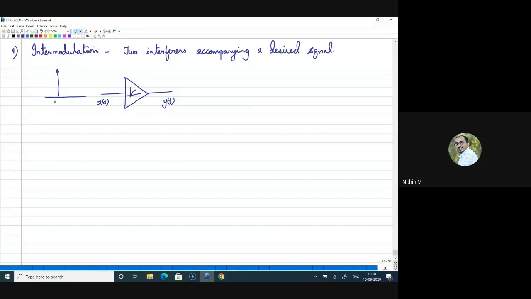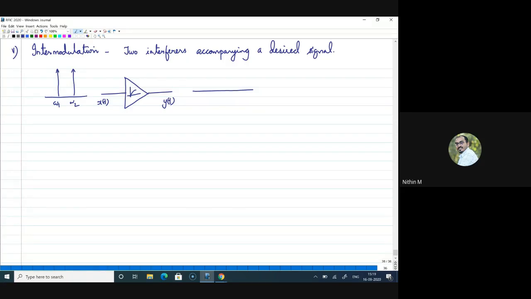say one signal at frequency omega 1 and another signal at frequency omega 2, right? Now when two signals of different frequencies are applied to a nonlinear system, it happens naturally. Whenever a receiver receives a signal, it actually receives a whole bunch of signals, and for our convenience we are considering only two. We have seen that the output will exhibit a lot of frequency components other than the harmonics, right?